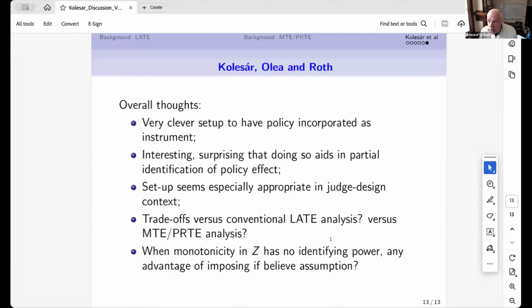Testing exogeneity alone is very difficult in this kind of framework, this kind of context. Testing monotonicity and exogeneity together is easier. It's easier to reject exogeneity if exogeneity is false, if you're additionally imposing monotonicity. So not in this context, because in this context, it seems like we really believe exogeneity and don't believe monotonicity. In some other context, if you really believe monotonicity but were unsure of exogeneity, it would completely make sense to impose monotonicity in order to be able to test the exogeneity assumption better. And again, I really enjoyed the paper.